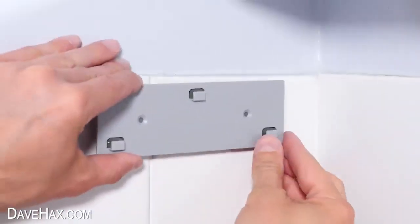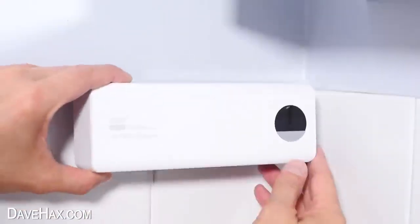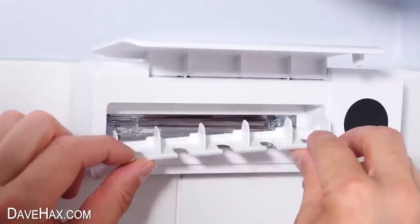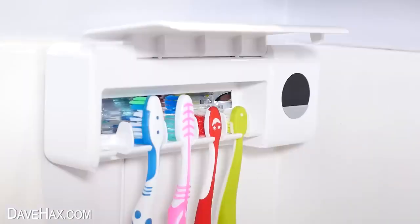Next we need to peel off the backing paper on the adhesive mount and fix it to the wall. I'm sticking it on the bathroom tiles, but do make sure they're clean first, and once it's charged you can clip on the unit. Inside I found this little toothbrush holder is removable in case you need to wash it, and it just clips back in. So the idea is we line our toothbrushes up facing the UV bulb, then press the button and